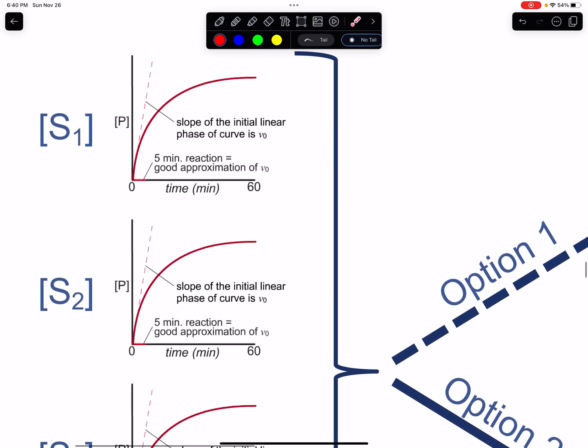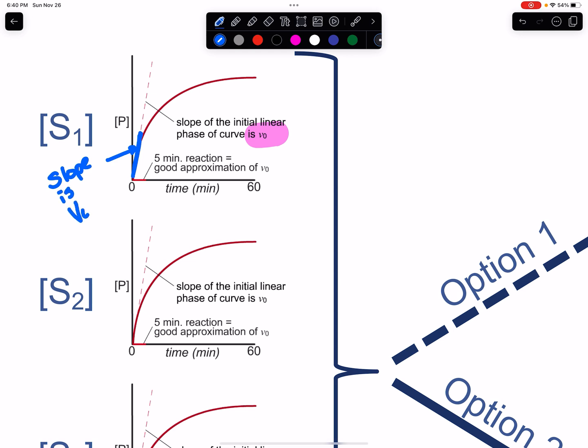And so what we're interested in, again, is our V0. So that's going to be the slope of a line from this part of the curve, okay? So this slope